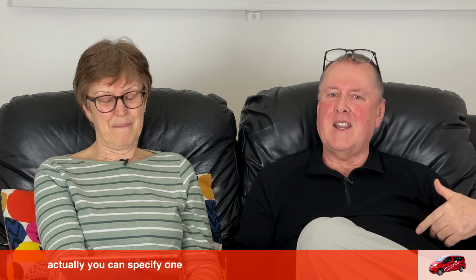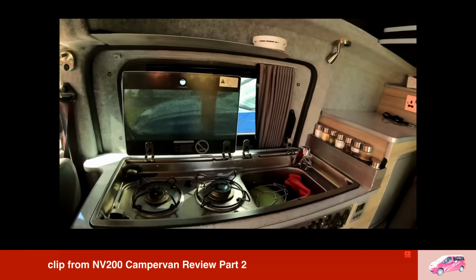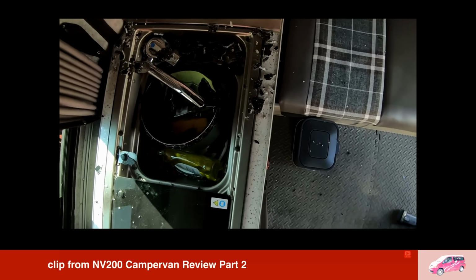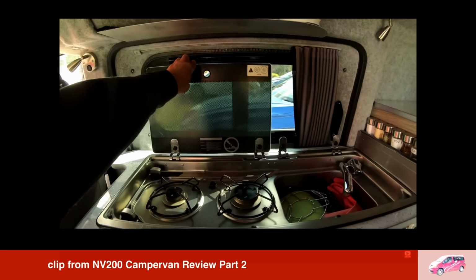We've never used the roof bed in our camper since the debacle when we were demonstrating it and we broke the worktop. So that little demo, folks, cost us our worktop, but the big lesson we have learnt is if you're going to put the roof up for sleeping upstairs, make sure you put these things up first so they're out of the way. If you want to see that, we'll link to that video at the end of this one. We broke it whilst we were proudly demonstrating how to get up there. You went up there, didn't you? I went up there, I think it's perfect for kids, but...